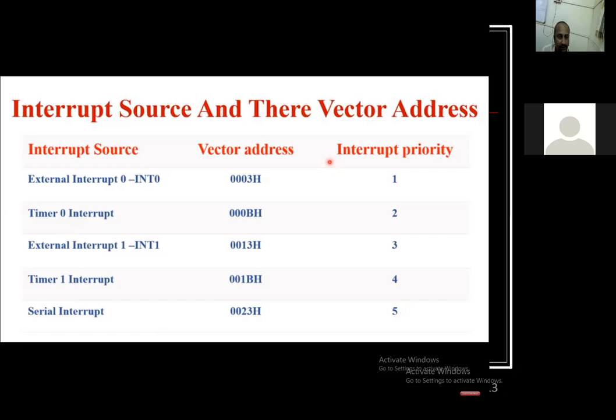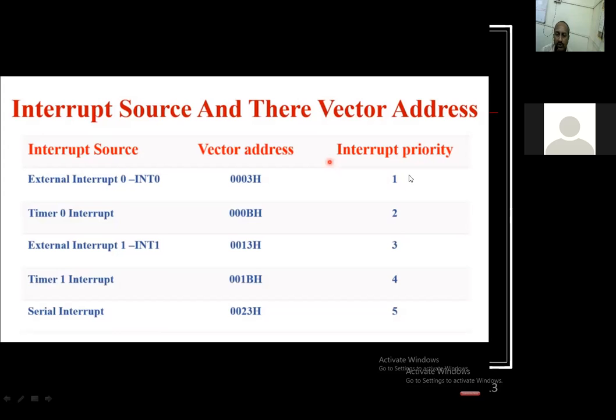This is a very important sentence; nowhere else will you find this. 0003 to 000B, how much is the difference? 7 bytes. Then 000B to 0013, how much is the difference? 7 bytes. Whatever you want to write about timer 0 has to be concentrated in these 7 bytes only. So each one has 7 bytes of capacity for writing the ISR subroutine.